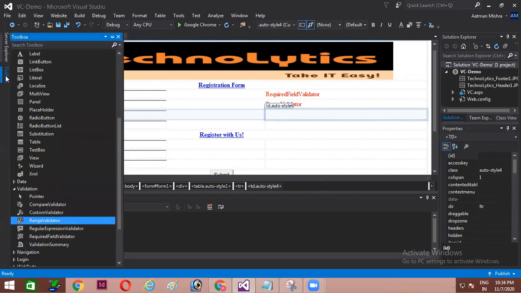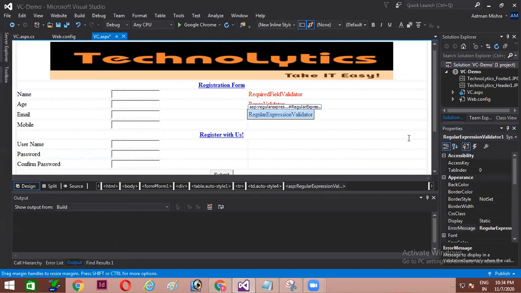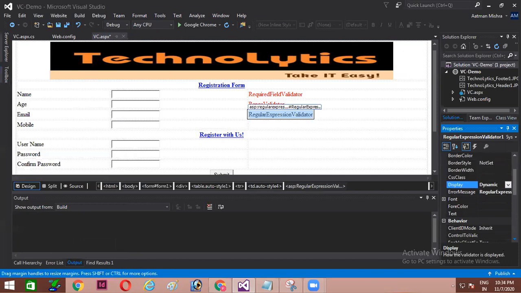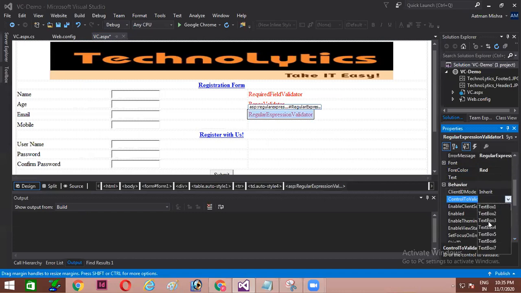For email ID, guys, we'll be using regular expression validator, as I've told you earlier. In this, again, I'll make the basic changes. In the properties, here fore color, I'm taking it as red. Control to validate, this is my third control, so text box 3 is there.